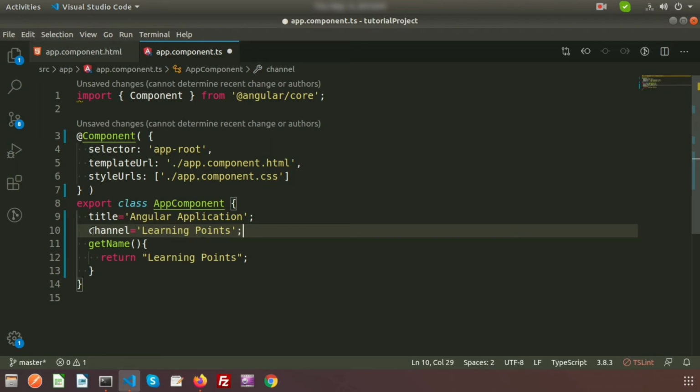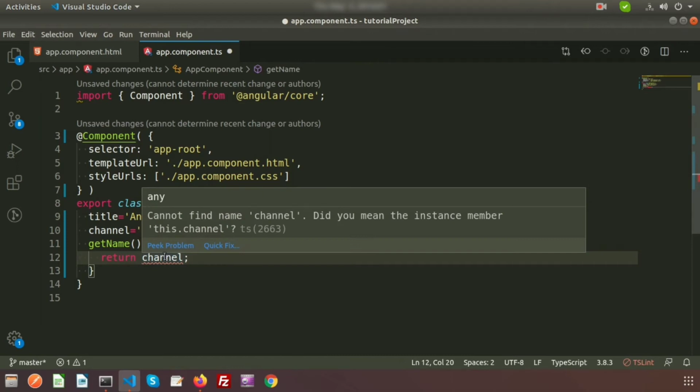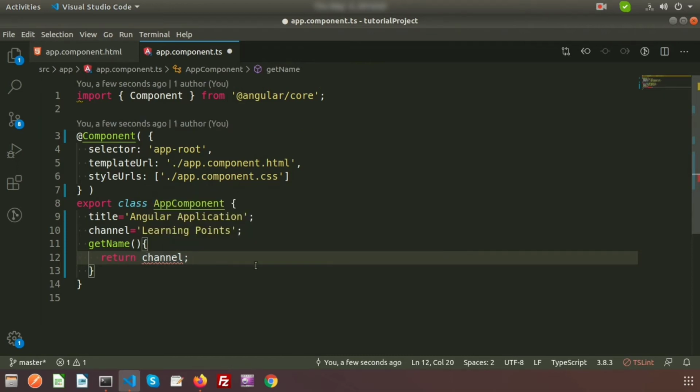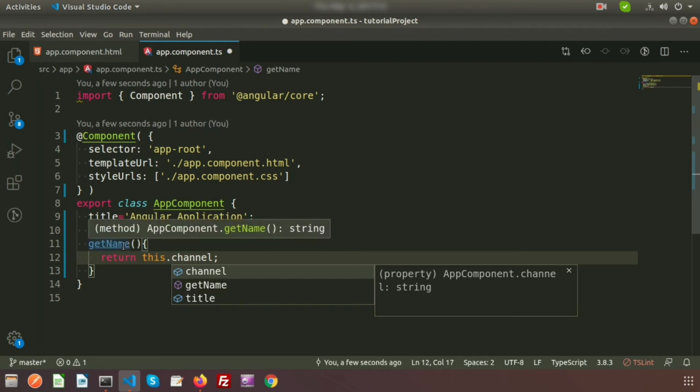Now if we just return channel, what happens? In normal JavaScript we can write simply return channel and get the output, but here in TypeScript this is a class and we need to access the class property using the this keyword. Using this we can get access to the property inside the function.